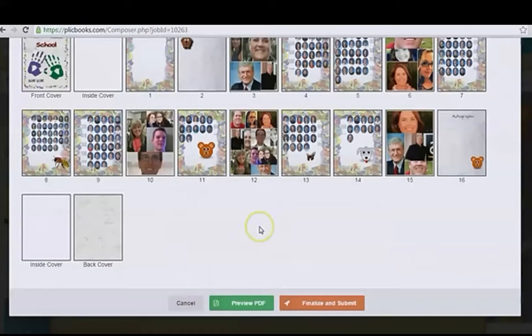Down at the bottom, you have a couple of little options. You can either finalize Submit or completely preview the PDF. If you wish to go to a specific page to edit it, or completely remove a page, you have these options here as well. Preview PDF will allow you to download a low-res PDF for proofing, and Finalize and Submit will take you to where it will submit your options to your lab so that